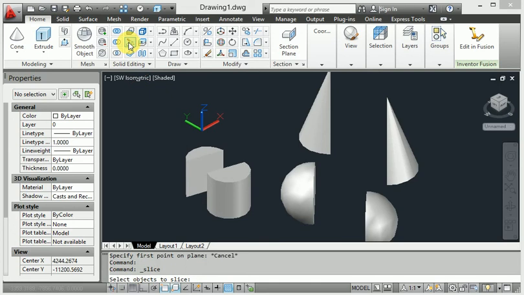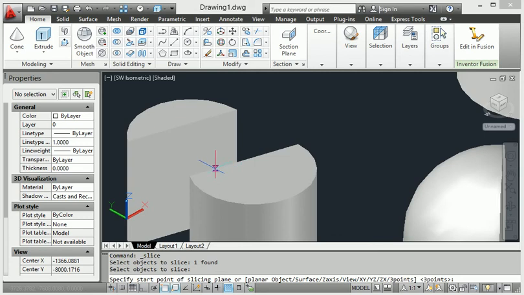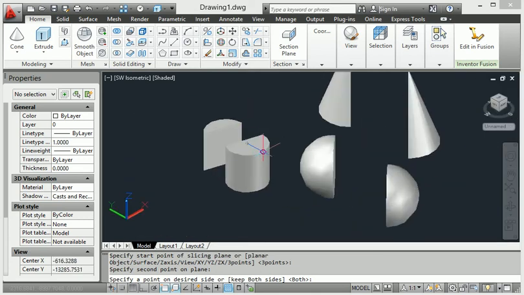Enter the slice command and apply it to this body, click the body, then press enter again. Then it asks for the particular point. I pick this point and also this point. Okay, so this one is also done. Then I press enter right now.